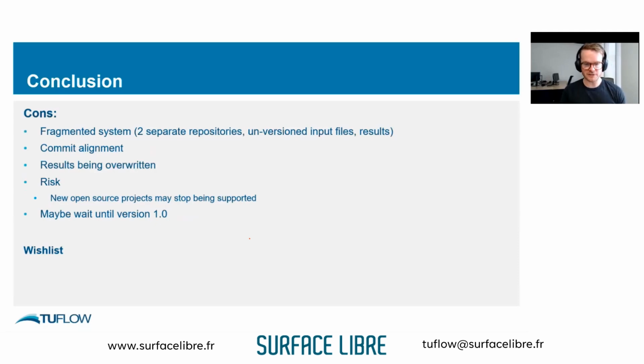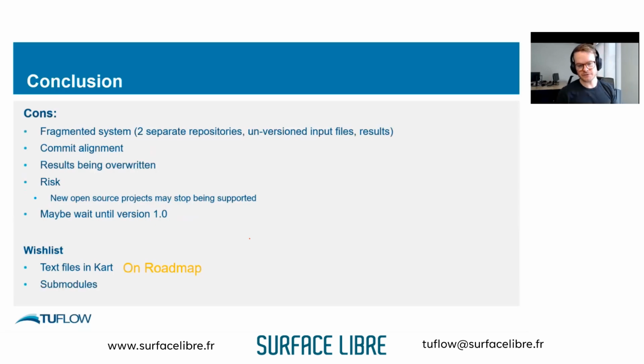My wish list. I wrote this wish list about this time last year, maybe a bit earlier. My first wish is that text files were in KART, which means essentially you can move the control files to KART, so you could just have one repo. You don't have to have two repos. That's actually on the KART roadmap, so I'm giving that a maybe, but hopefully it will happen.